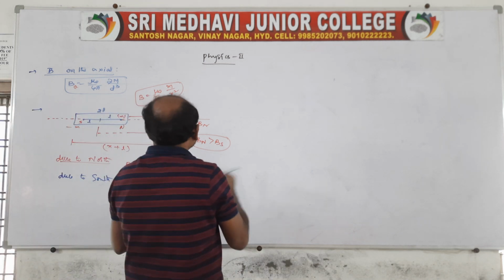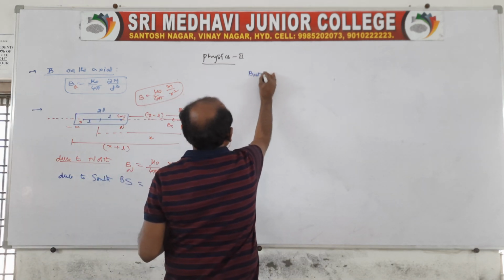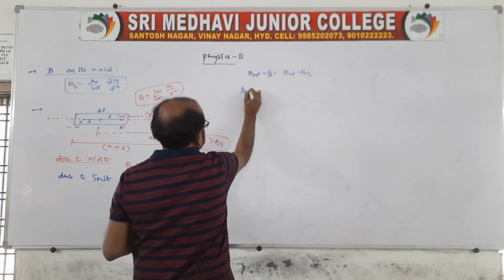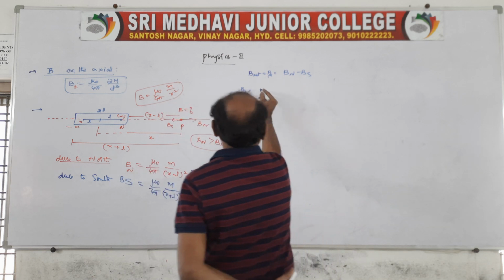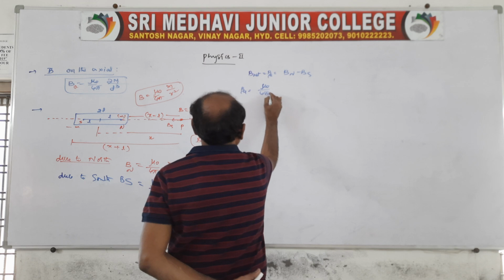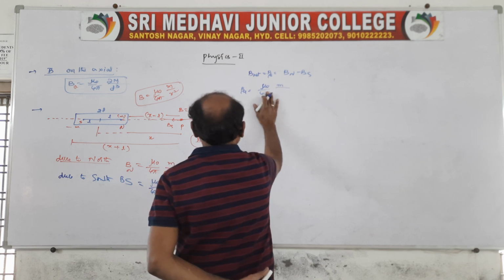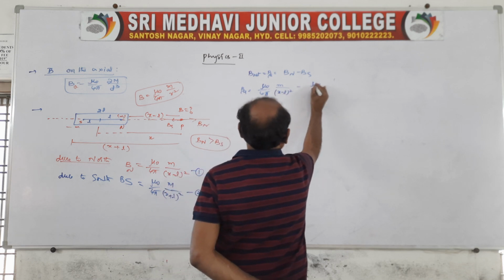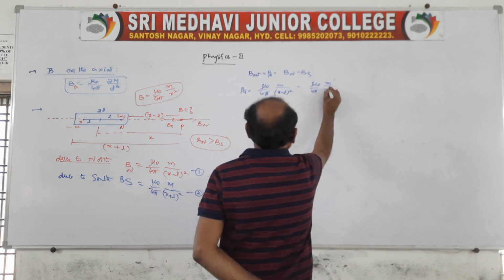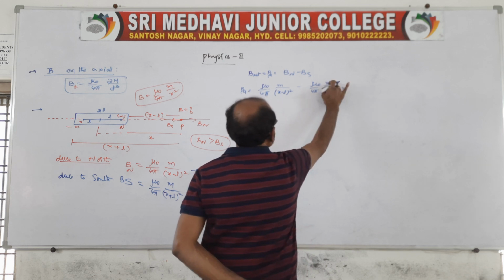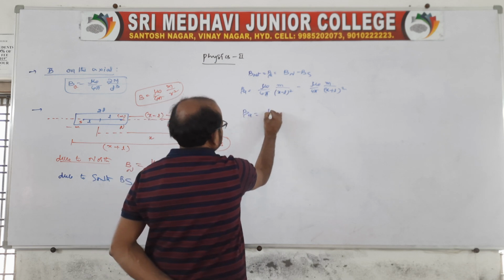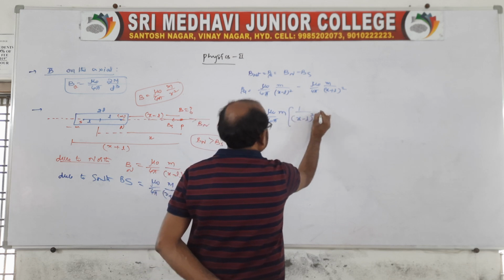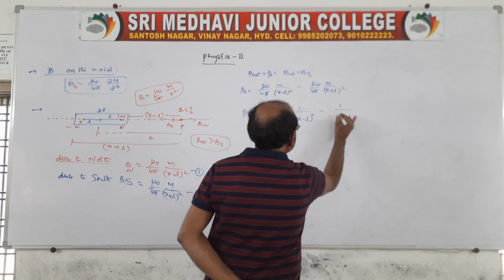Now the net at that point P we need to find. Net in the sense is B axial, that is Bn minus Bs. So B axial is equal to Bn, what will be the Bn? You write it as mu naught by 4 pi into m by x minus L whole square, minus mu naught by 4 pi into m by x plus L whole square. Now take a simple mathematical relation: mu naught by 4 pi m is common, 1 by x minus L whole square minus 1 by x plus L whole square.